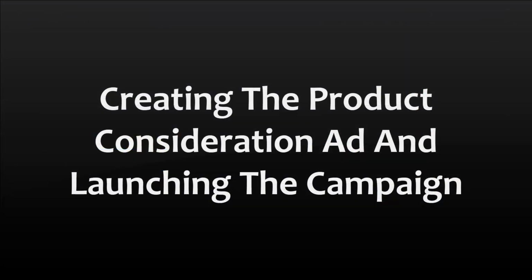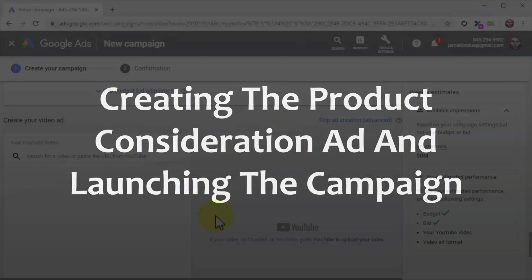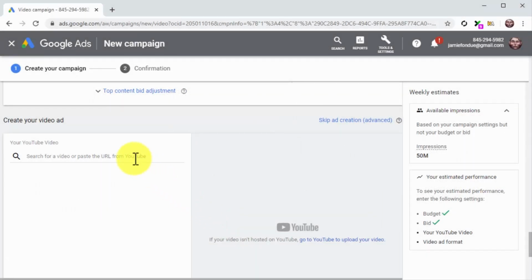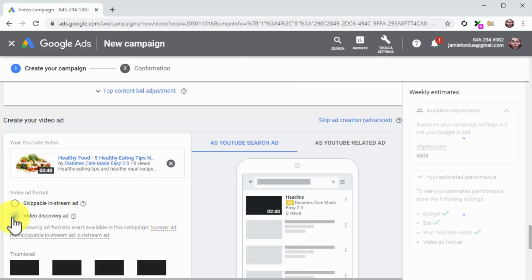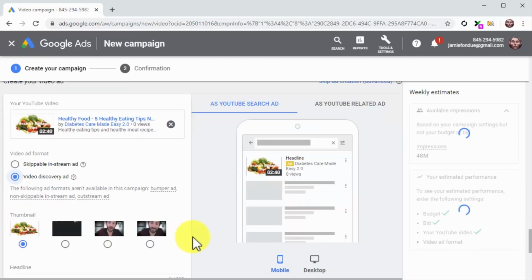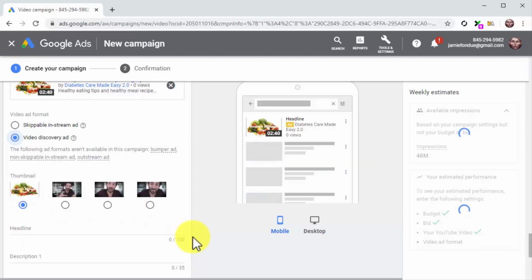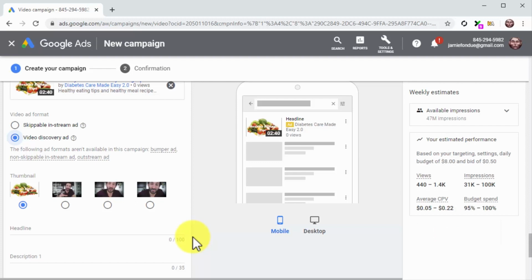Creating the product consideration ad and launching the campaign. Alright folks, time to set up the ad. Start by pasting your video URL into the Search for a Video field. For this type of campaign, we recommend you select Video Discovery Ad as the ad format. This will show your ad on more than one placement, including the YouTube homepage, on search results pages, and on recommended video feeds. That way, you'll avoid people skipping your video ad, while also giving them more time to consider